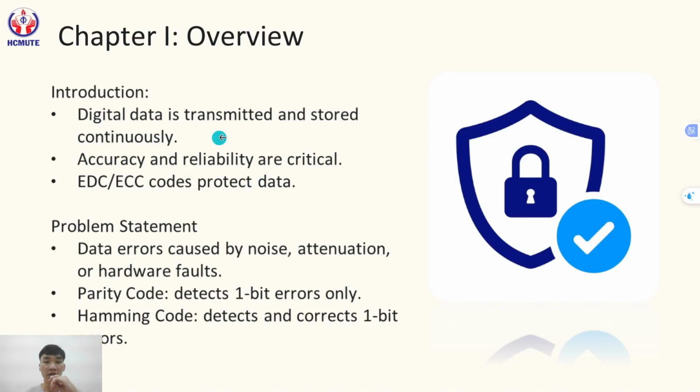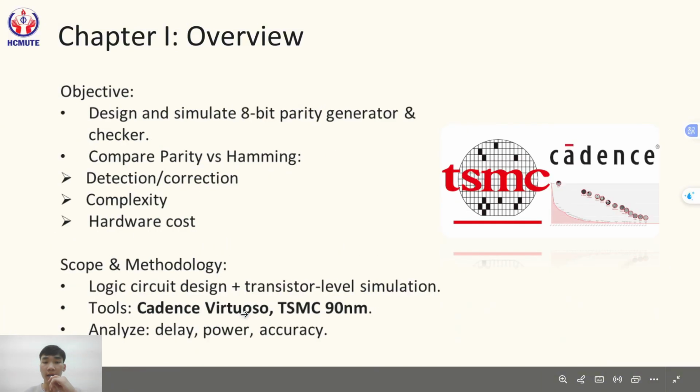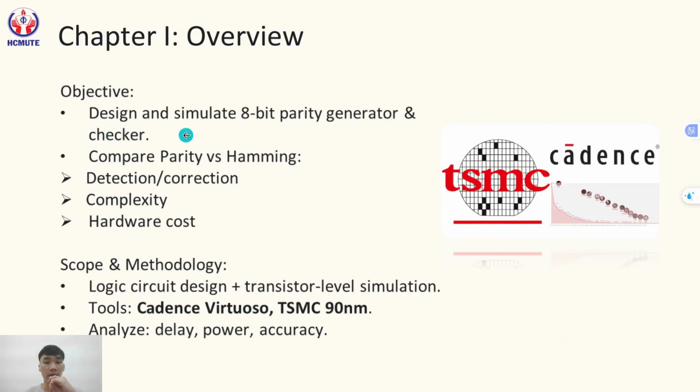Now, I would like to present Chapter 1, Overview. In modern digital systems, data transmission and storage require high accuracy and reliability, but noise, signal loss, or hardware faults can corrupt data. To address this, error detection and correction codes are used. The parity code is the simplest, adding a single check bit to detect errors but cannot correct them. The Hamming code improves on this by detecting and correcting single-bit errors and is widely used in memory and